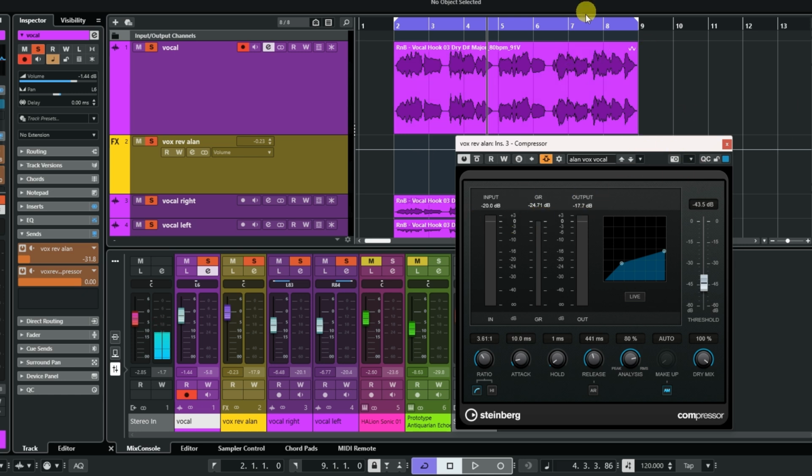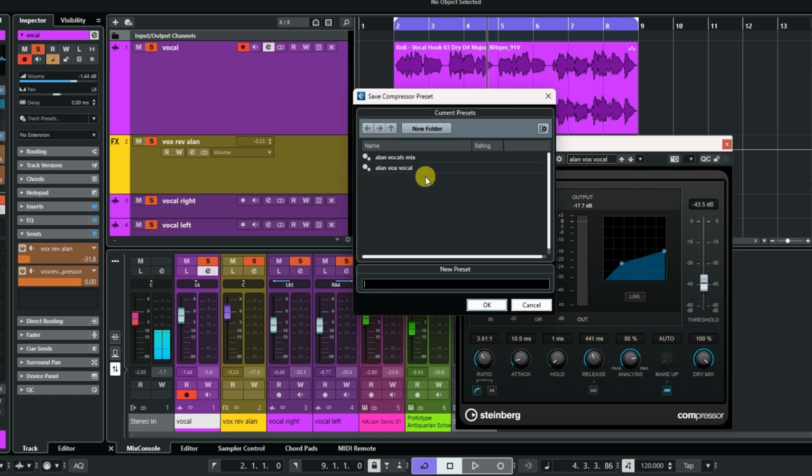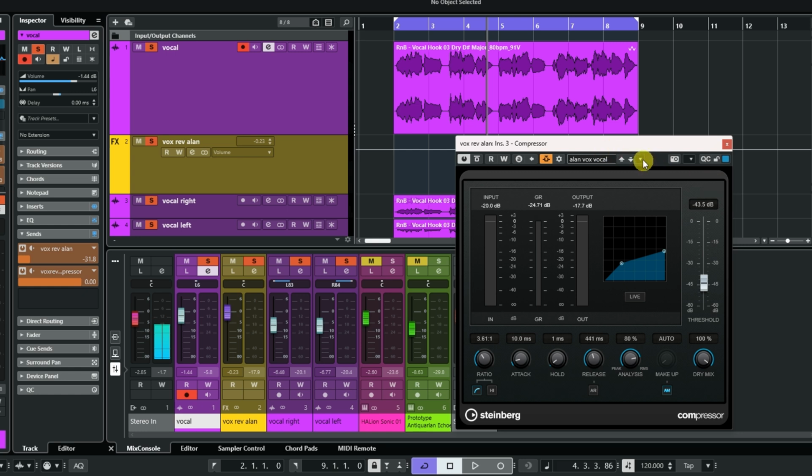And what I've done as well is I've gone in here, I click in here, and I press save, and I have actually saved this whole preset. So I can call it back up again anytime I want to. You just press OK, type in the name you want. I use Alan Vocal Vox, and I press OK, and it'll save it. And then when I want to load it back up again,